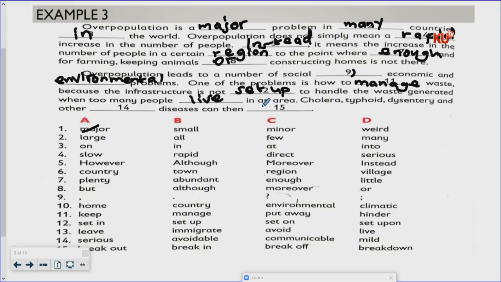Cholera, typhoid, dysentery, and other communicable diseases. Vocabulary: cholera, typhoid, and dysentery are common communicable diseases. So the correct choice there will be communicable. Diseases can then break out, break in, break off, or break down, and the correct choice is break out. So that marks the end of my lesson